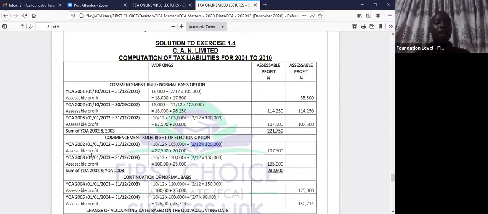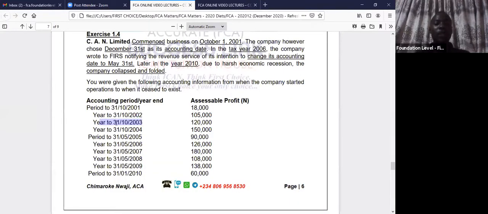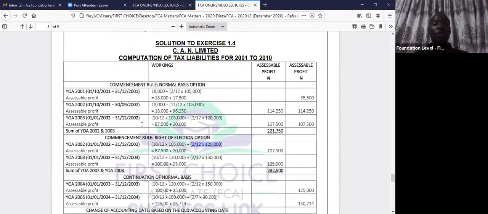Look at 2003 account, see January to December 23. So you're going to look for where you get January to December 23. Of course, you're going to get January here. So from January 1 to October 31st, it's 10 months. So you're still taking 10 months here, and you're taking the remaining 2 months here. So that's what we do.